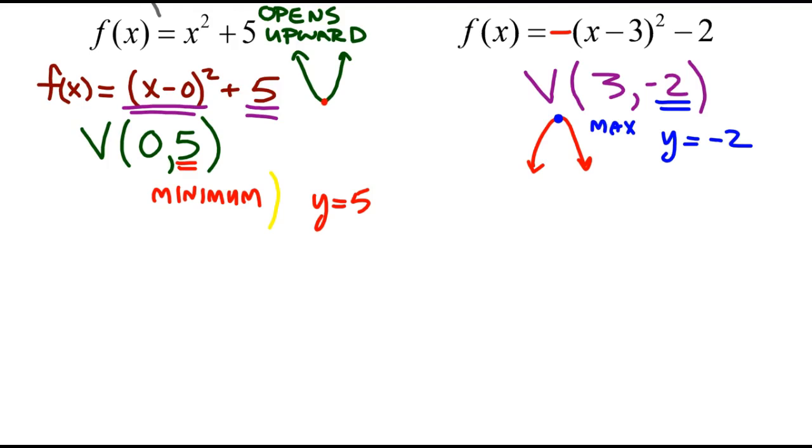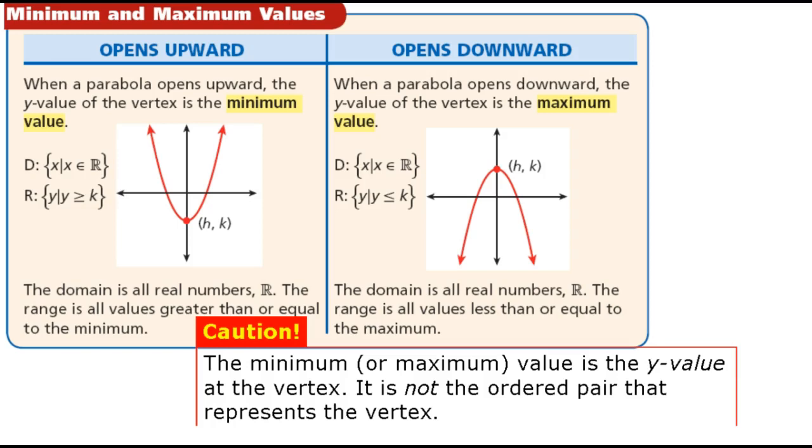The minimum or the maximum will always be a y value. Because x doesn't have a... I mean, you can say it's a minimum at x equals 0, but the minimum actually refers to the y value. Good question. And in fact, Dave, there is a caution on that on the next slide,